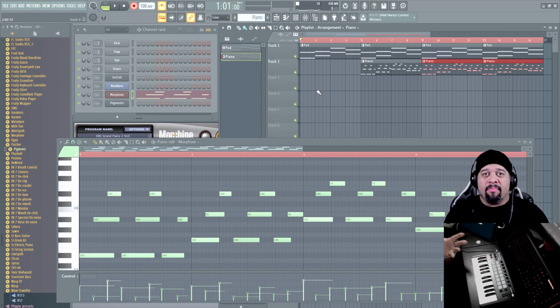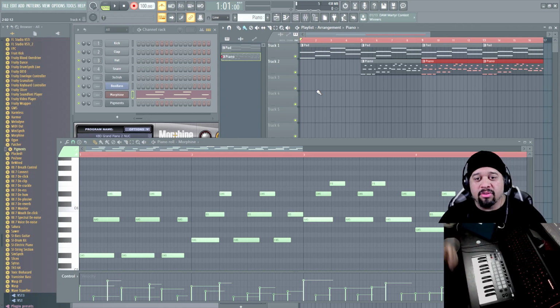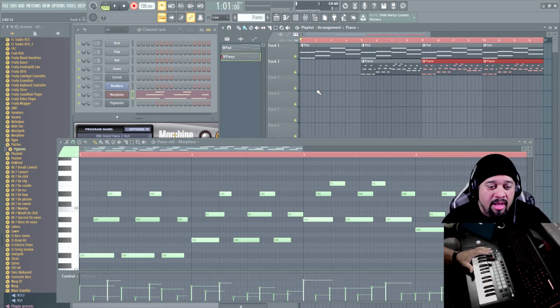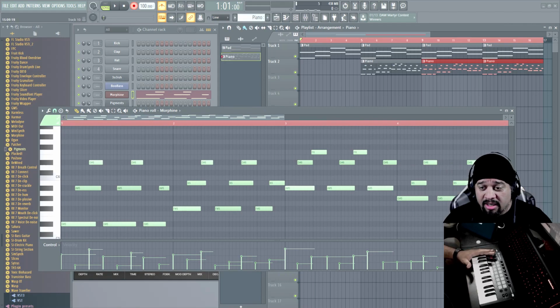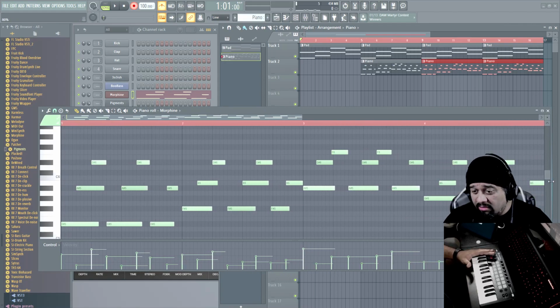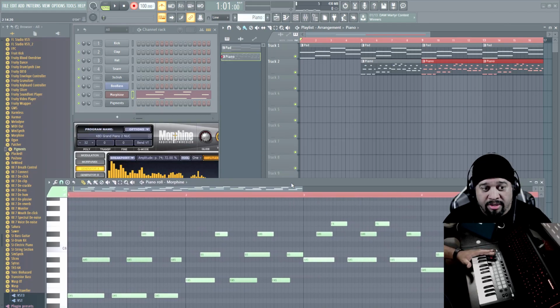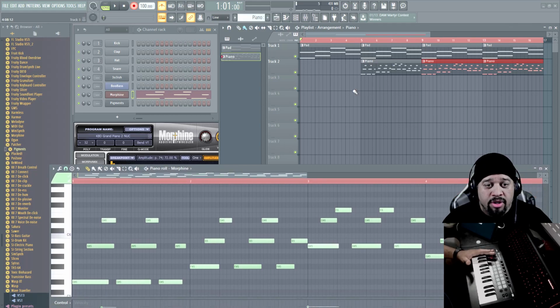And again, this is all about baking a pie. You know, we're adding ingredients. We're adding a little bit here and then this to complement that flavor. But when you first start off, it doesn't necessarily sound really bad. It's just not done. So we have our pad. We have our piano,